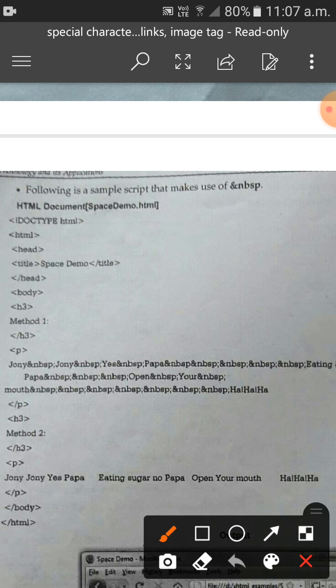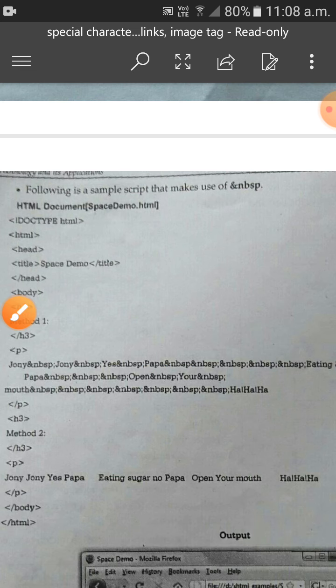You can see after Johnny ampersand NBSP is used, then after the second Johnny ampersand NBSP, then after yes ampersand NBSP, then papa. This ampersand NBSP is used to give a space between the two strings. After this we close the paragraph tag.